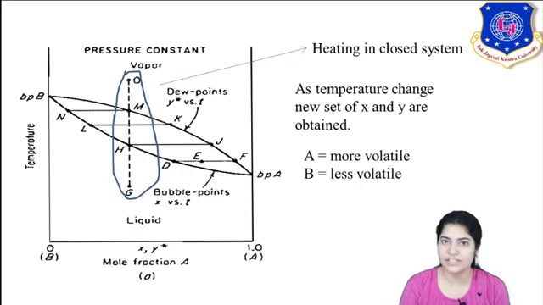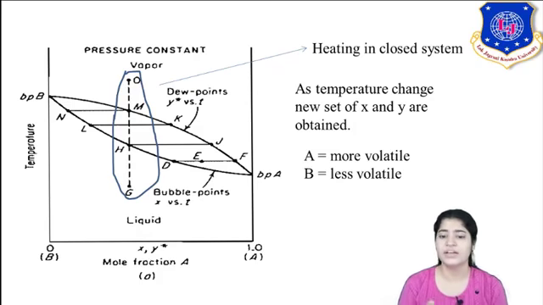As we discussed in the last lectures, at H it is the onset of vaporization. In the corresponding direction of H, I have J. What does point J show? It shows the vapor composition at that temperature. So H and J are the equilibrium compositions in the liquid and vapor phase. Now here, whatever we have discussed till date is for a closed system.